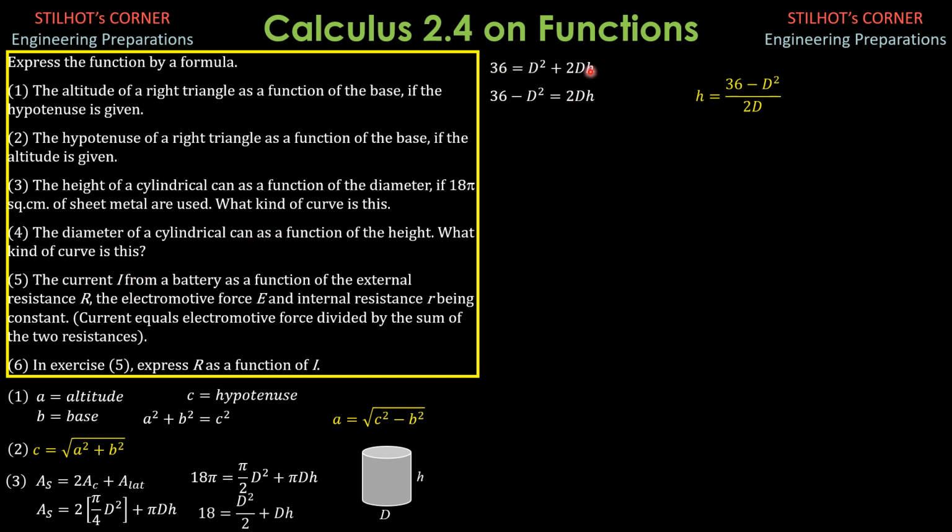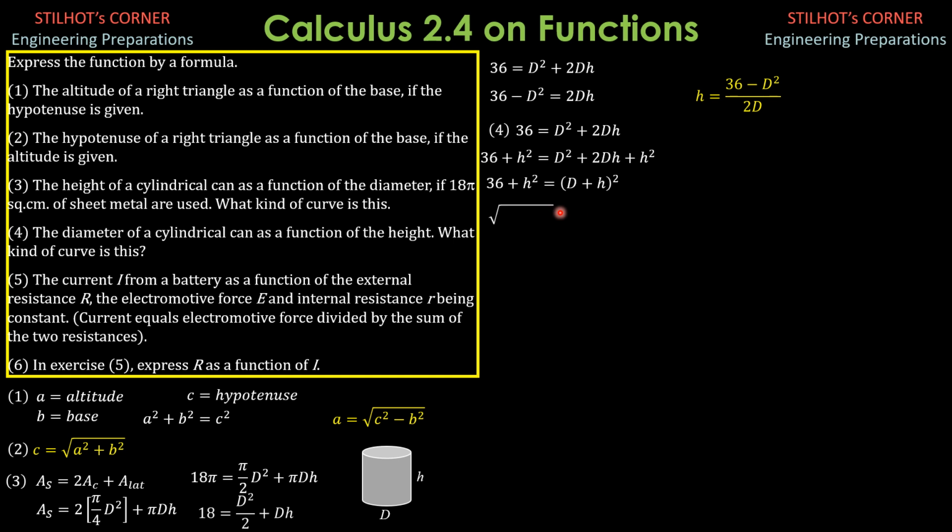Since we already established this relationship, for the diameter, we add h square to both sides so that the right side will become a perfect square trinomial. So add altitude square or h square. This is the relationship we developed from the preceding problem, which is from here. So the right side is quantity d plus h square. So 36 plus altitude square equals d plus h quantity square.